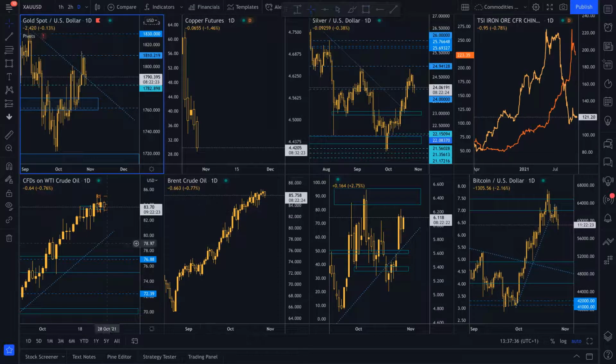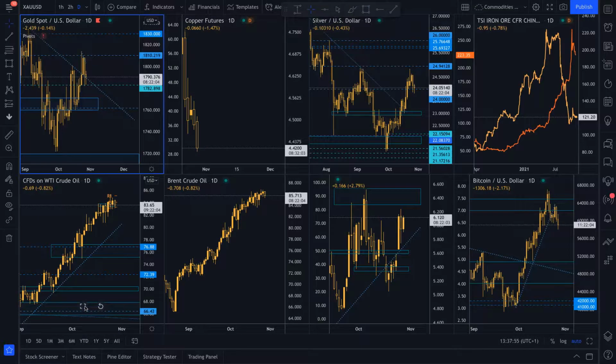Oil slightly pressured today. Don't forget we've got inventories level coming up at 3:30 today. Now, if we have a draw in inventories of say like 2 million, then expect sharp upside in oil. If we have a build in inventories above 4 million barrels, then expect a move lower in oil, but we